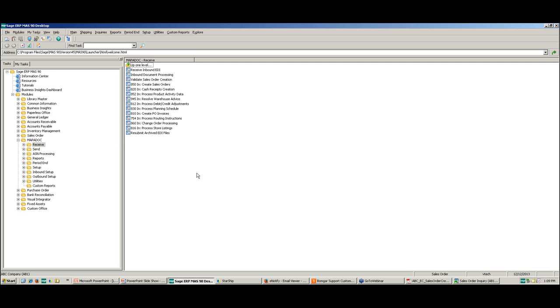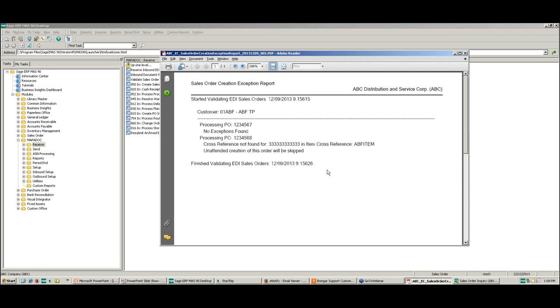Now, even though it is unattended, there still is data validation going on. It's going to make sure that any cross-referencing you have in the system, you know, from the item through the use of paperless office, all of the reports that are actually generated can be emailed to you, so that if there are any issues with any of the incoming purchase orders, you can review those reports and handle them accordingly. So here's an example of an unattended report that you may have emailed to you through paperless office,